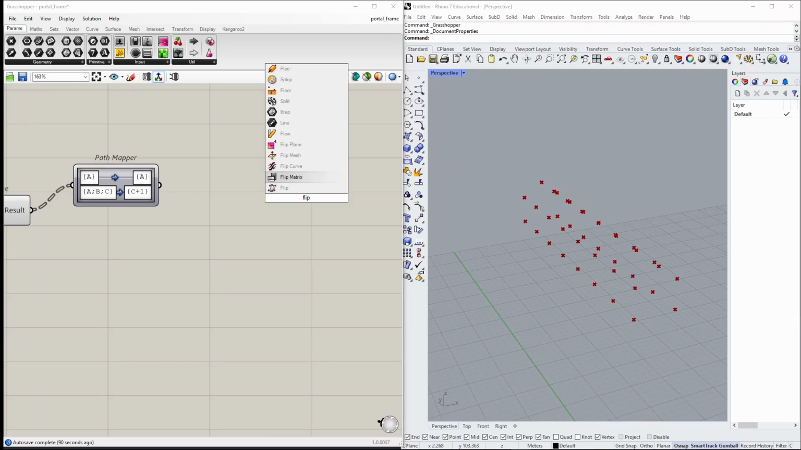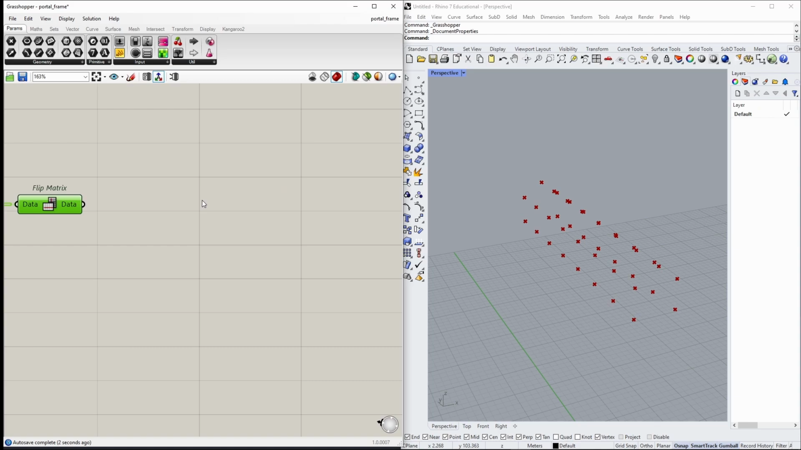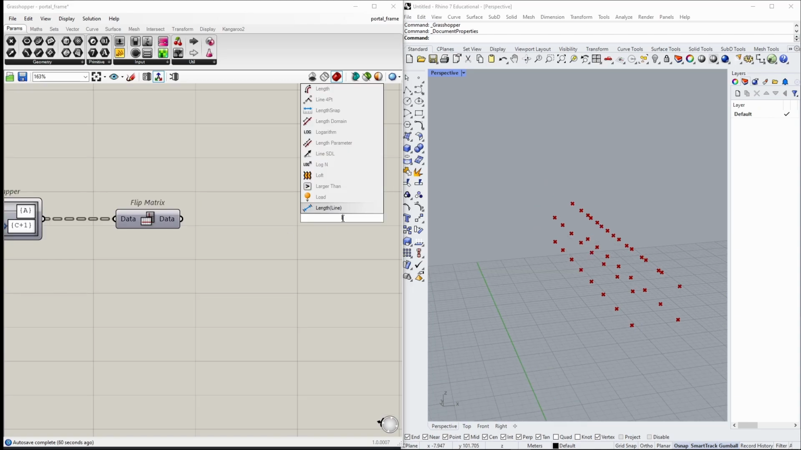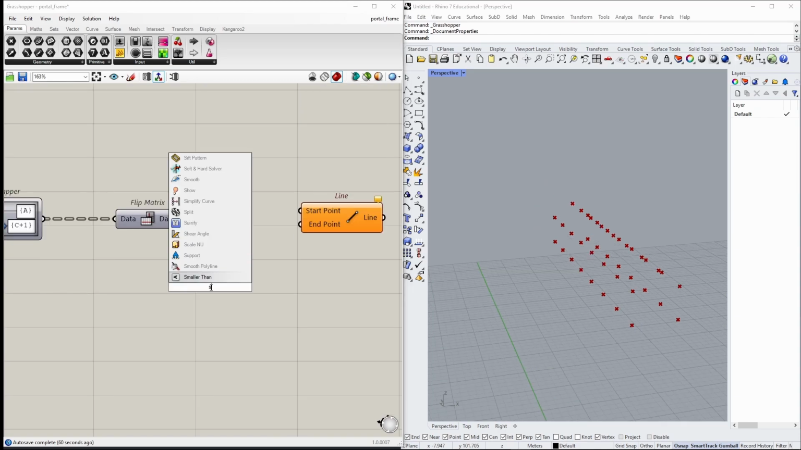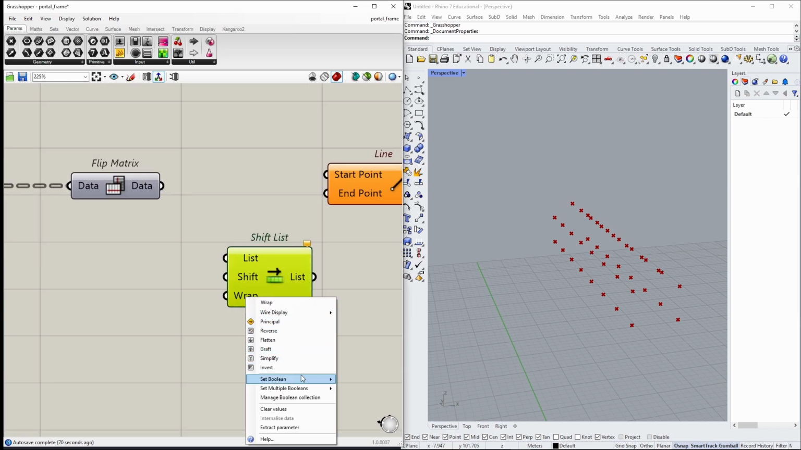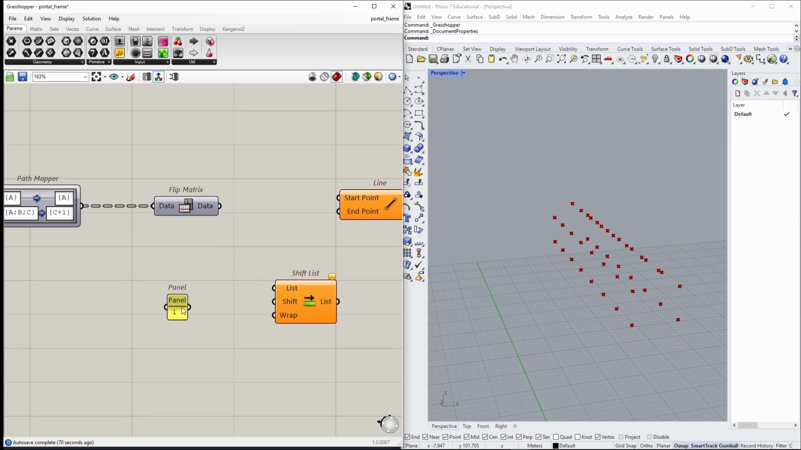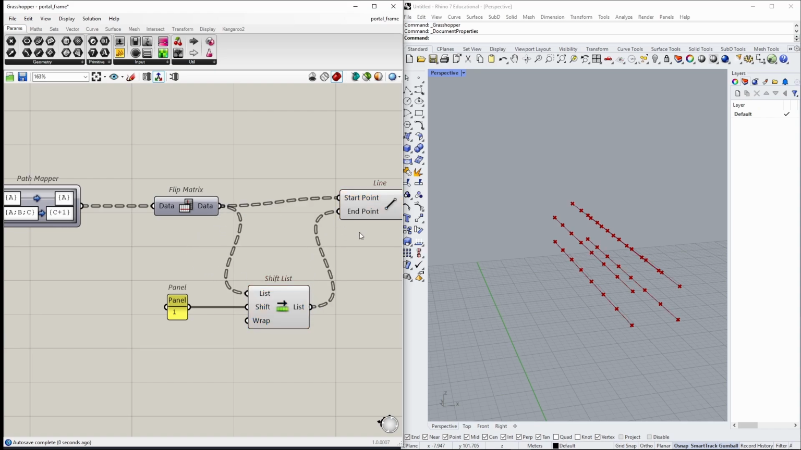So let's take a flip matrix and connect it. From this, take a line and a shift list. Right click on the wrap menu and set its boolean to false. Take a number 1 and connect it to the shift input. This will tell this component how much it should shift the input list. Connect the flip matrix to the shift list and to the line start point, and then the shift's output to